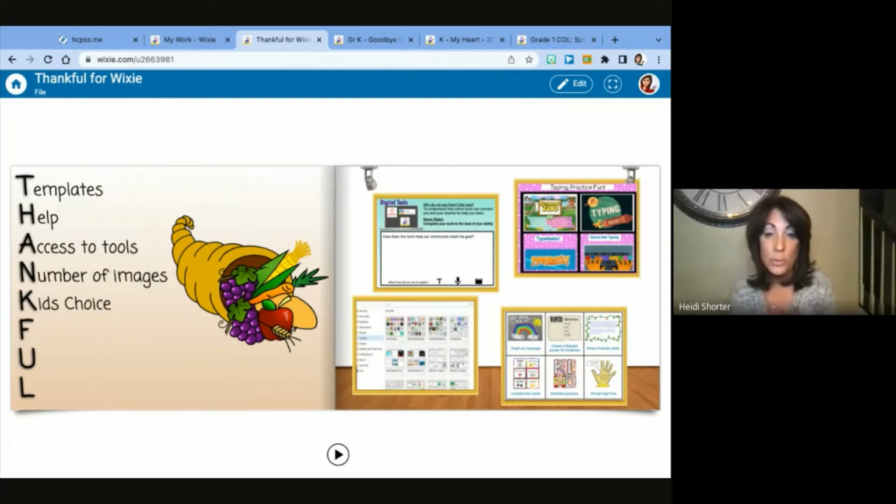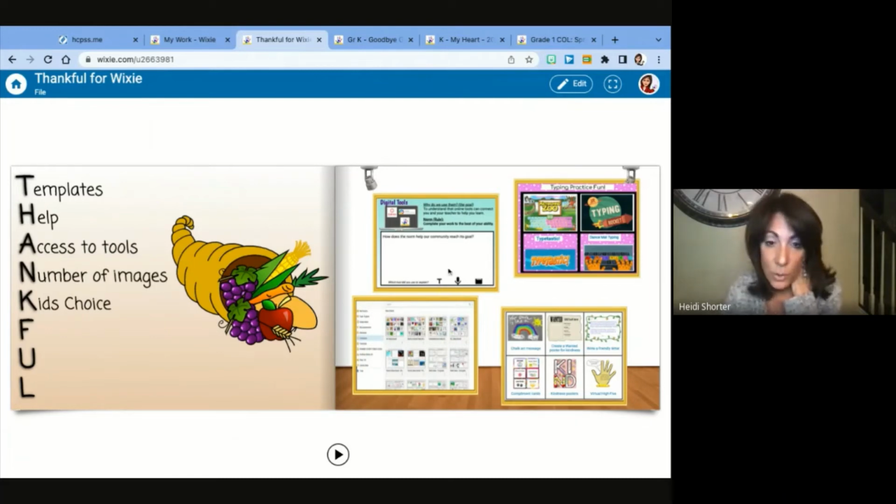And then their job was to explain, how does the norm help with using that digital device? And so in talking about teaching the younger students the tools, here's an example where at the bottom, again, I just went into the image category and chose some tools because I wanted the kids to have a choice. If you want to type up a reason or your response to what this question is, please use the typing